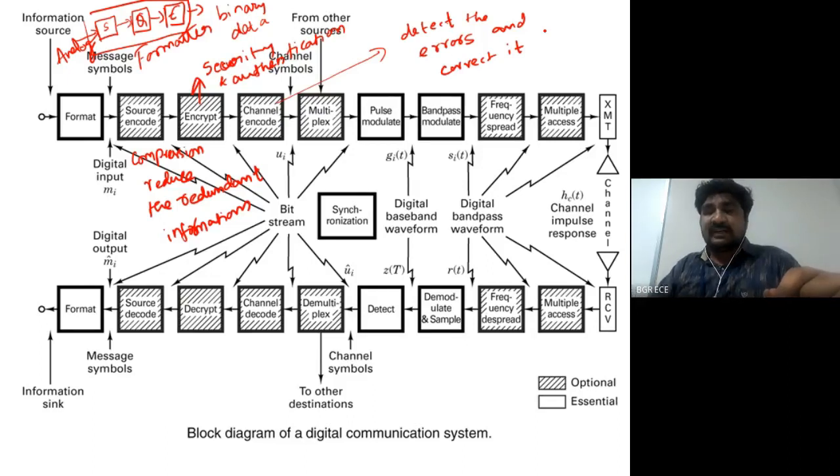This channel encoder will add some redundant information along with the information data, so that at the receiver side it will be able to detect the error which happened due to the presence of the additive white Gaussian noise channel as well as different effects of the channel,